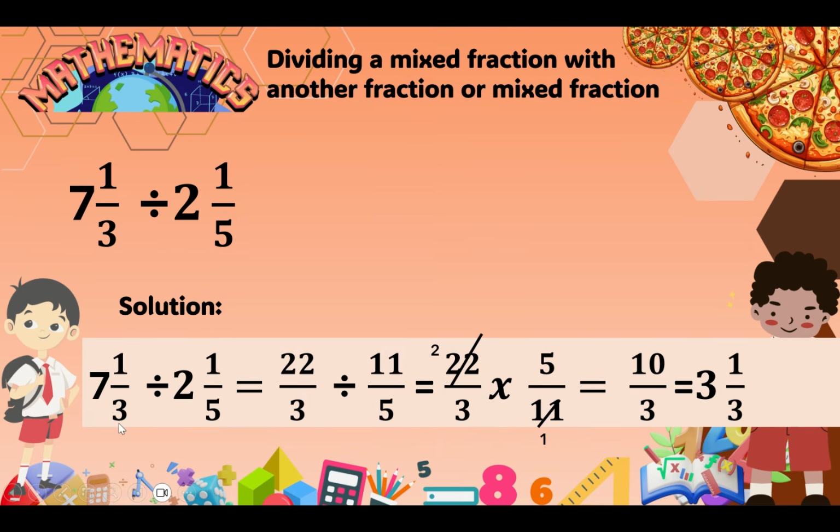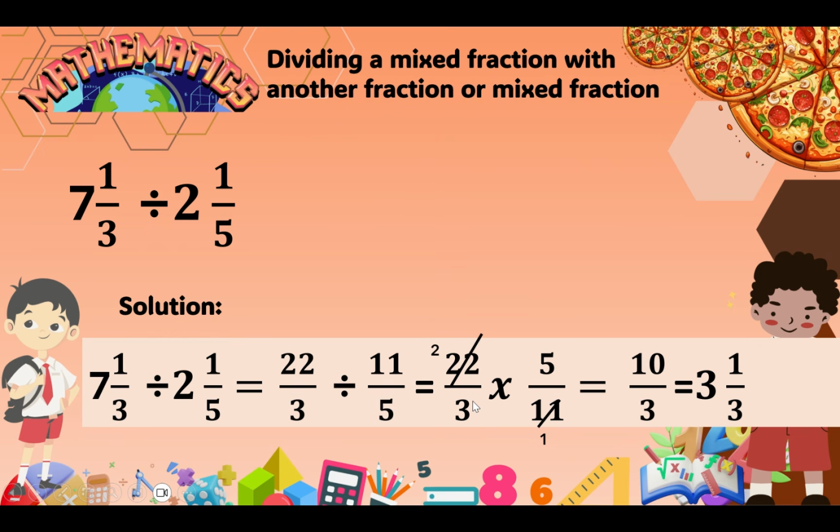Okay, let's do it. 3 times 7 equals 21 plus 1 equals 22. Copy the denominator 3. 2 times 5 equals 10 plus 1 equals 11. Copy the denominator 5. Okay, so you have 22 over 3 divided by 11 over 5 equals,